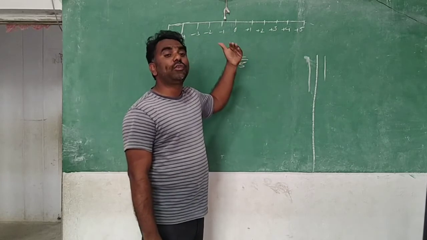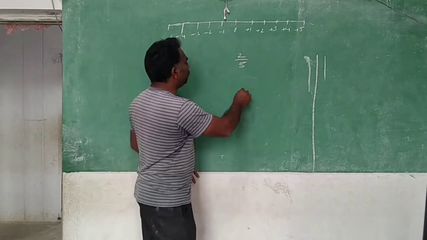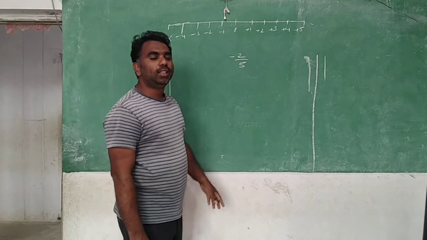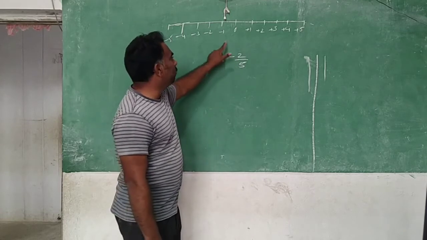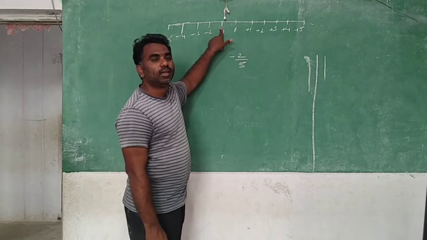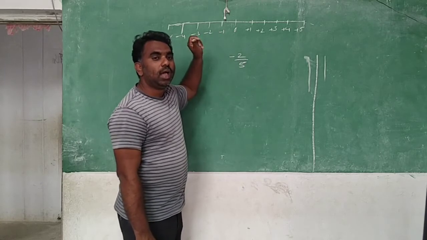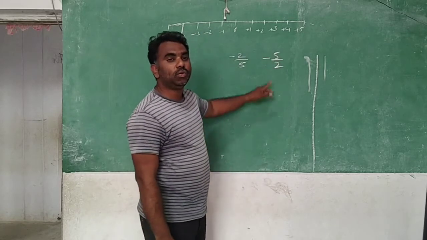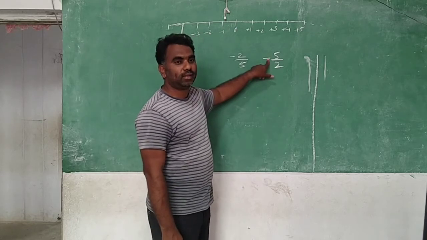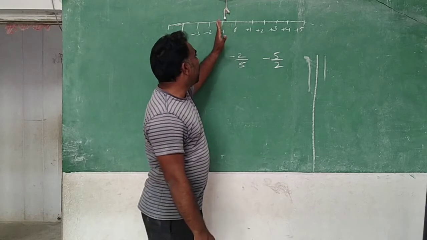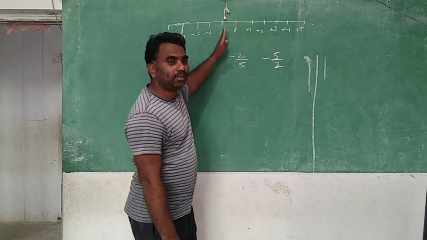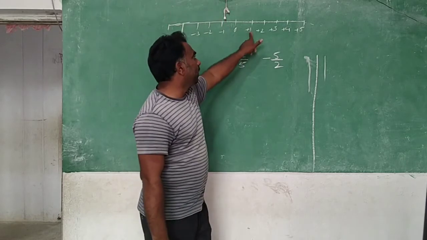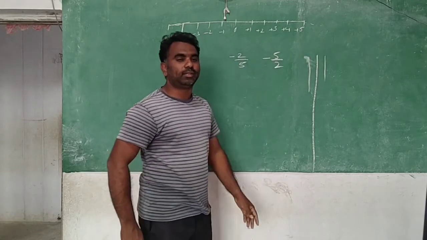Whereas negative fractions, negative proper fractions, are simple. If you keep a minus sign like that, that is called a negative proper fraction. All the negative proper fractions are between 0 and -1. Negative improper fractions are less than -1, not more than, because they are on the left-hand side. When the numbers are on the left side, we say less than. When the numbers are more than, we say more than. This right side is more than.